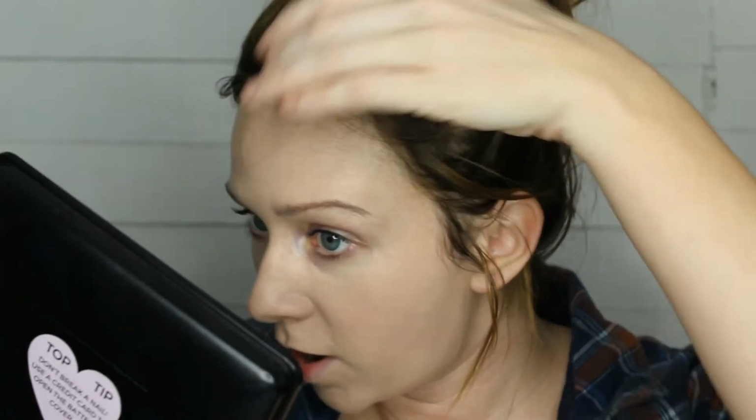Okay, so I got this side blended in, and it does feel super lightweight. It didn't feel like I was putting anything on my skin. Now I would say that is maybe a medium coverage. I'm still seeing some redness here and some freckles up on my forehead. But it did even out my skin tone really nice, and it looks really good on my skin at the moment. So I'm going to go ahead with the other side, and of course we're probably going to be doing a second layer